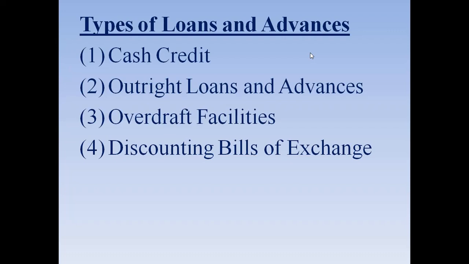So what do you mean by the cash credit? By cash credit, we mean a type of credit or loan which is given by the bank against the current assets. So what can be the current assets? It can be your market shares, bonds, stock of goods, etc. So whenever this kind of loan is provided to the public against our current assets, it is known as the cash credit.